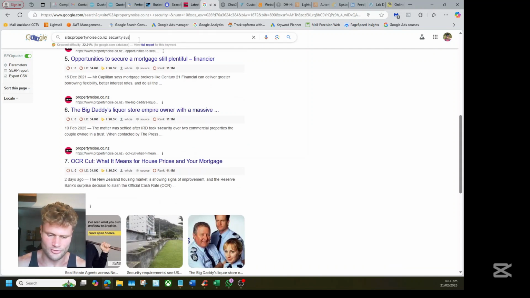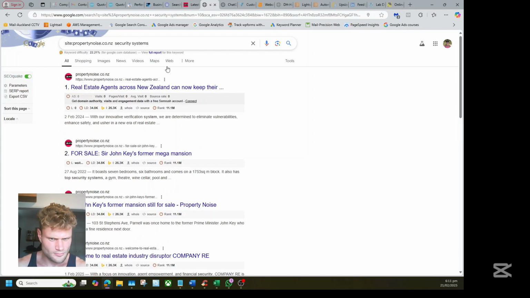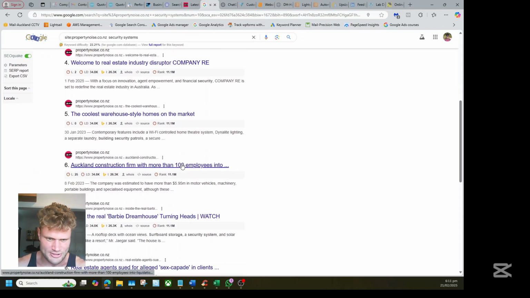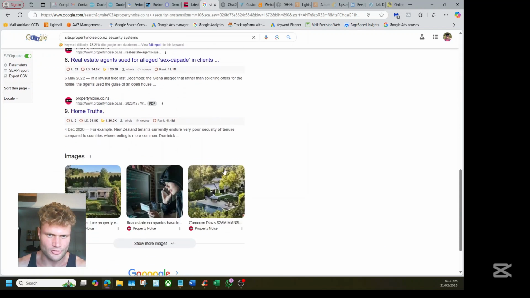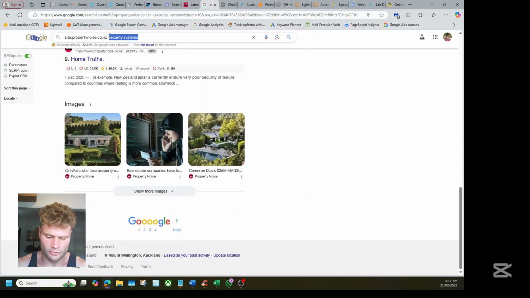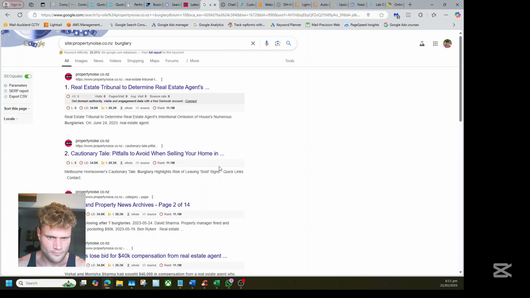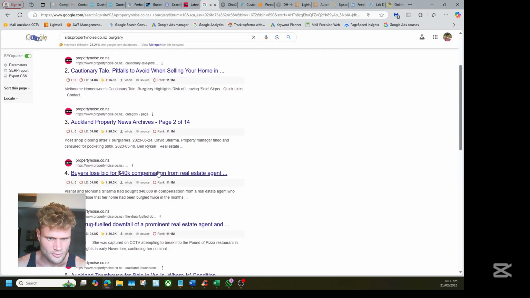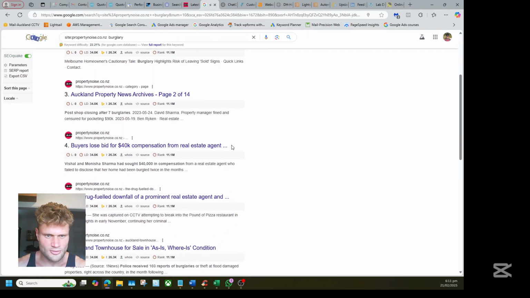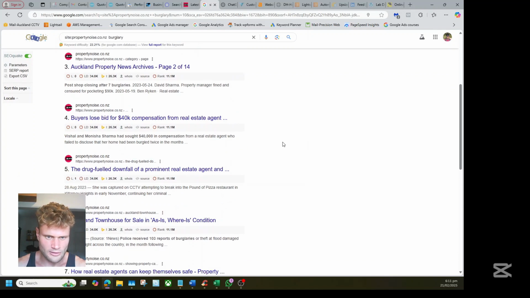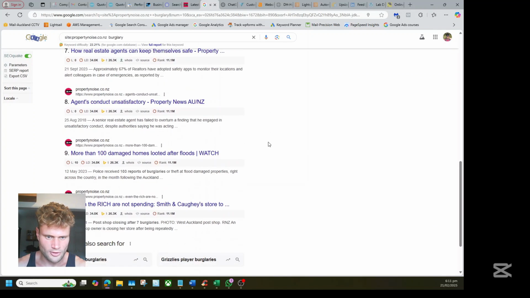What about security systems? And there is some mentions of it, but it's not a dedicated article about security systems. What about burglary? Pitfalls. Doesn't really look like there's a lot around this.